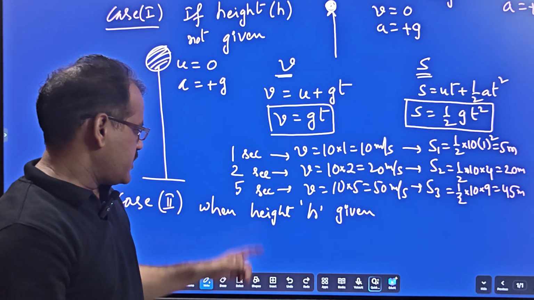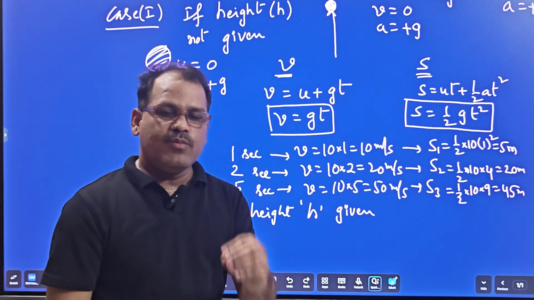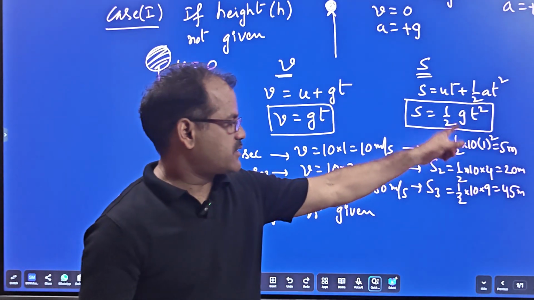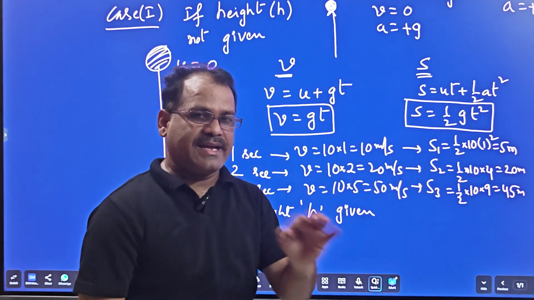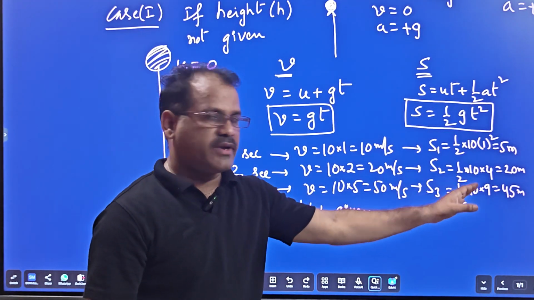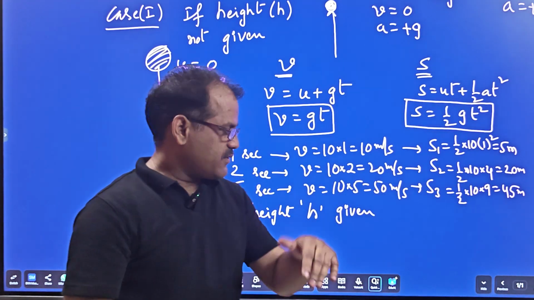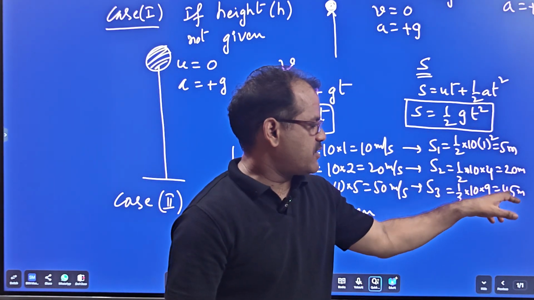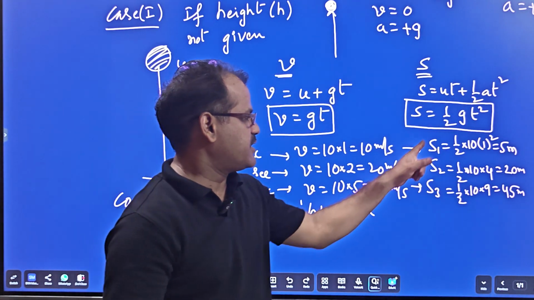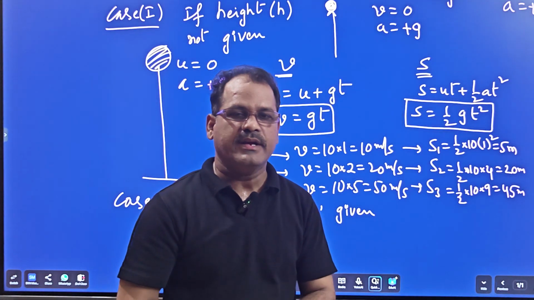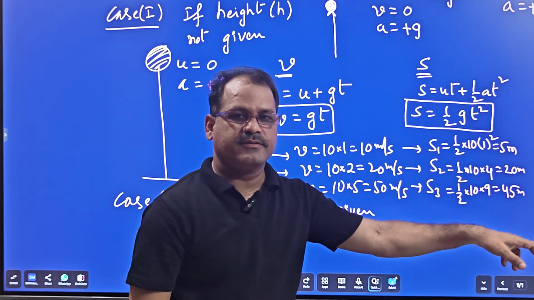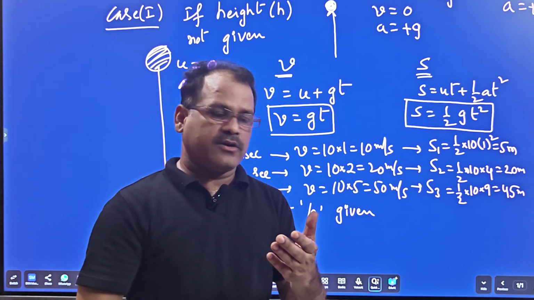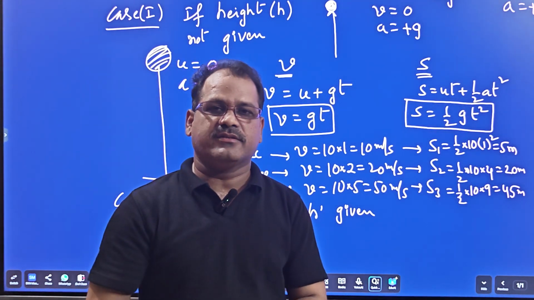What kind of questions are we going to get? When height is given, they will ask how much time to reach the ground. Then we can check: if 1 second, 2 second, 3 second exact value is there, from this we can directly answer that. For example, for 5 meters, 20 meters, 45 meters, we know it will take 1 second, 2 second, 3 second. If it is not dropped from these heights, then they may ask